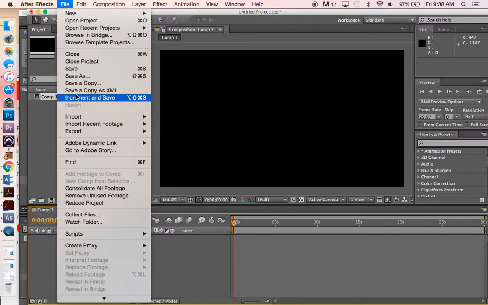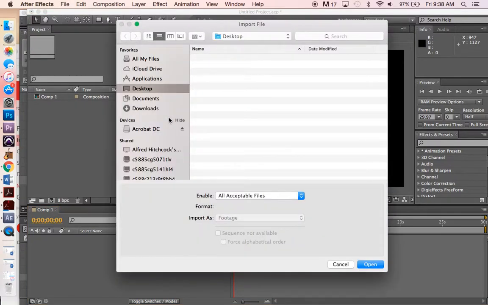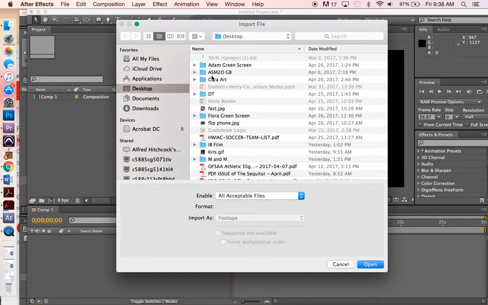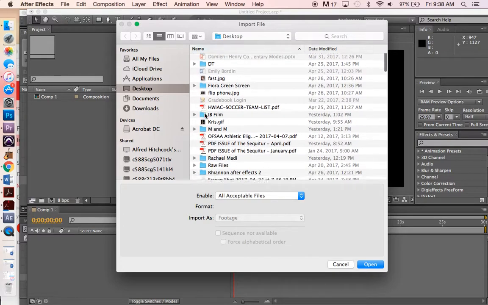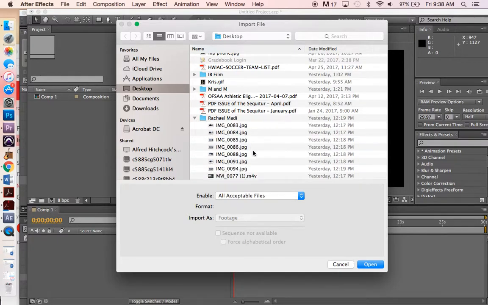Now you guys remember, you're going to do as much as you can in Premiere. So you're importing one file only. That's it. So that's what I'm going to do. I'm just going to take one file here and bring it in. So what do we got here? I'm just going to take one of these files,